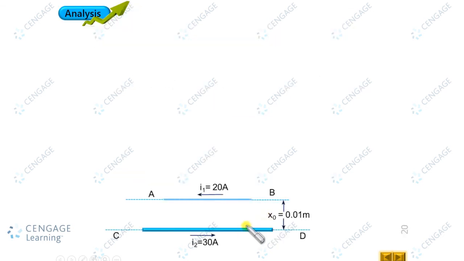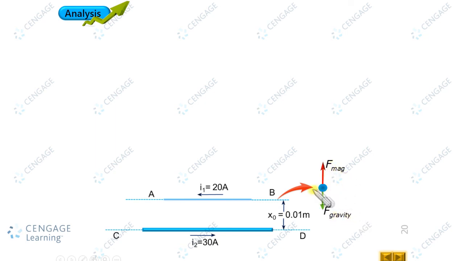This is the diagram. We know wire AB will experience two forces. One is the magnetic force because of the currents, and we can observe the current sense in both wires is opposite, so there will be a repulsive force between the wires because of the magnetic field. And this wire is in a vertical plane, so there will be one more force acting on it, the weight, that is the force of gravity. So let us make the free body diagram. This is the wire AB, this is F magnetic, and this is F gravity.